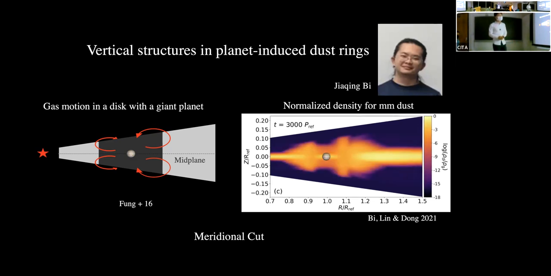Now, if there is a planet, however, the planet would drive those meridional circulations and they can puff up the dust at the gap edge. That means those dust rings are supposed to have a finite thickness,